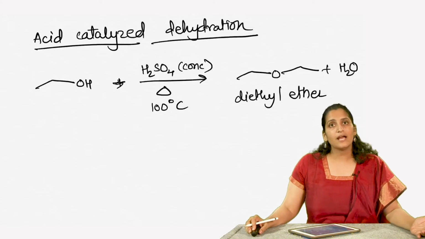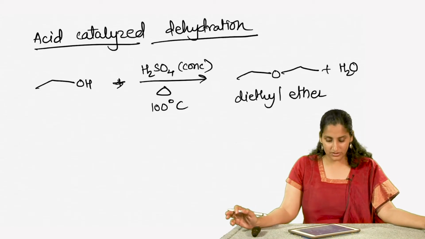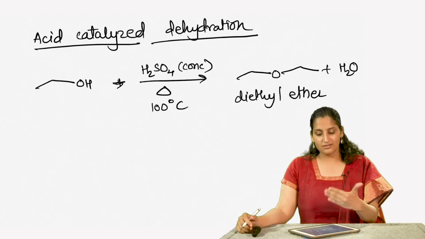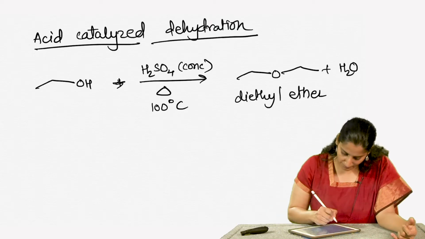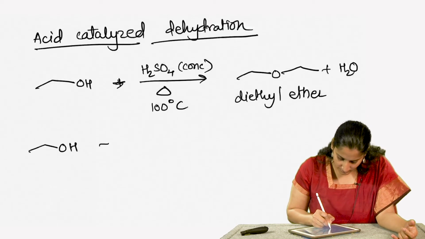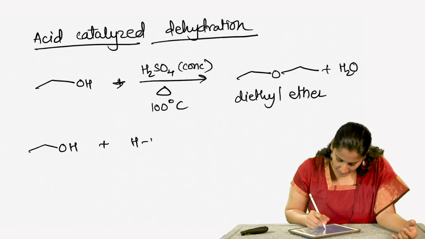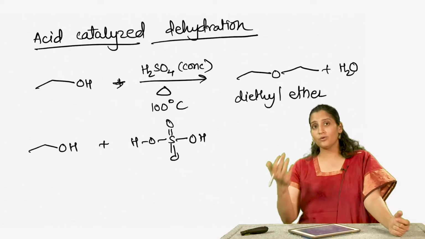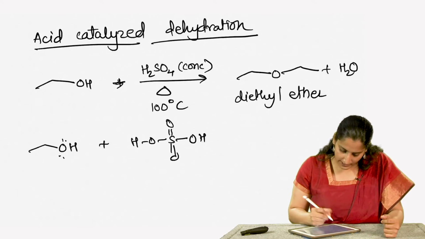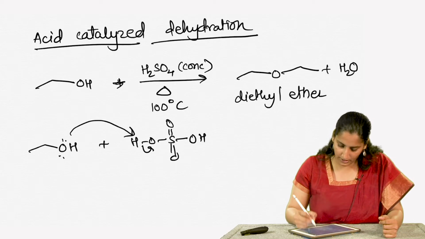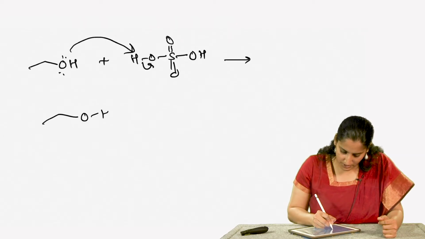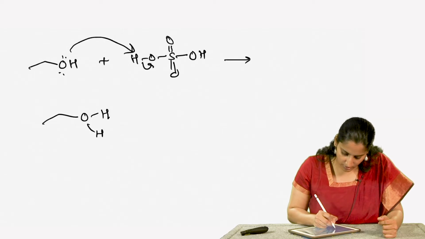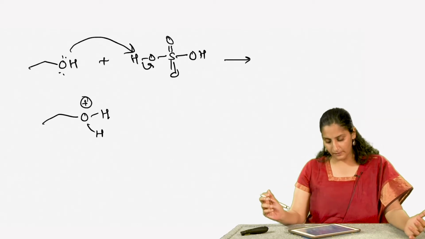So, how does this reaction take place? Can you imagine? Of course, this is similar to a reaction of alcohols we have seen before, wherein in the presence of an acid, the first step is that the alcohol gets protonated, because alcohols are weak bases, so they can attack strong acids and get protonated. And in the first step, we form this hydronium ion, and